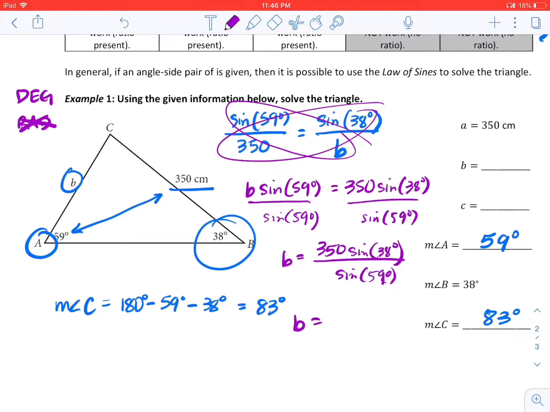And when I enter that into my calculator, I get that B is equal to 251.388. And we're going to stick with that convention of rounding to 3 decimal places for side lengths. Now I just need to find one more additional piece of information. What is